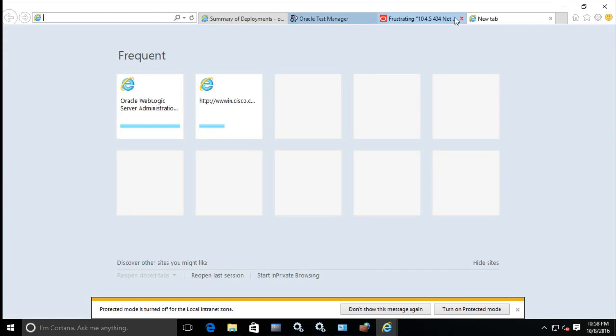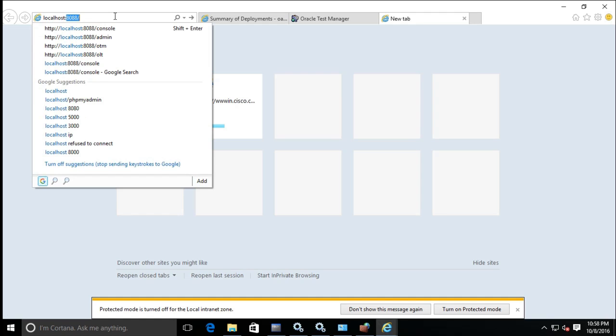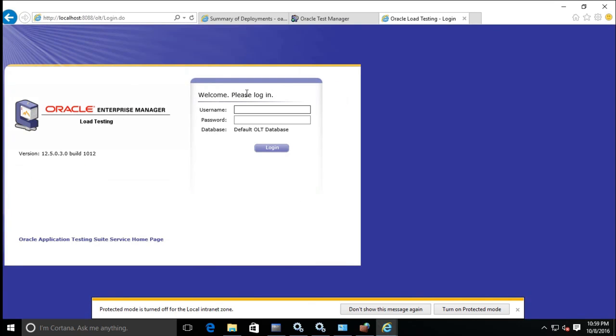Now just to test whether OLT is installed, go to localhost:8088/OLT. In case it is a remote machine, provide your IP address instead of localhost. Username will be administrator, and the password would be the default password given at the time of installation.